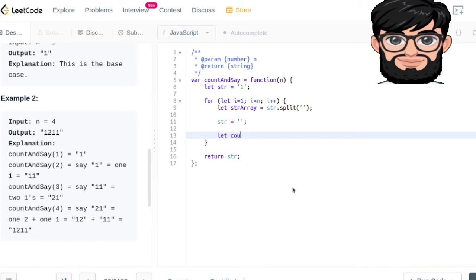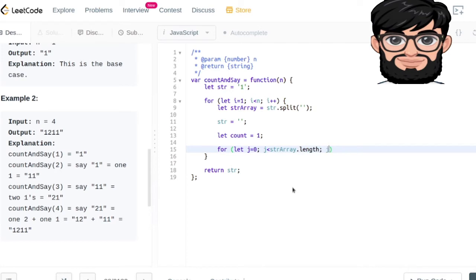the string is gonna become equal to empty, and then we're gonna start with the count equals to 1. So now we're gonna traverse the string array. It's gonna start from 0, and it's gonna iterate through the string array, and